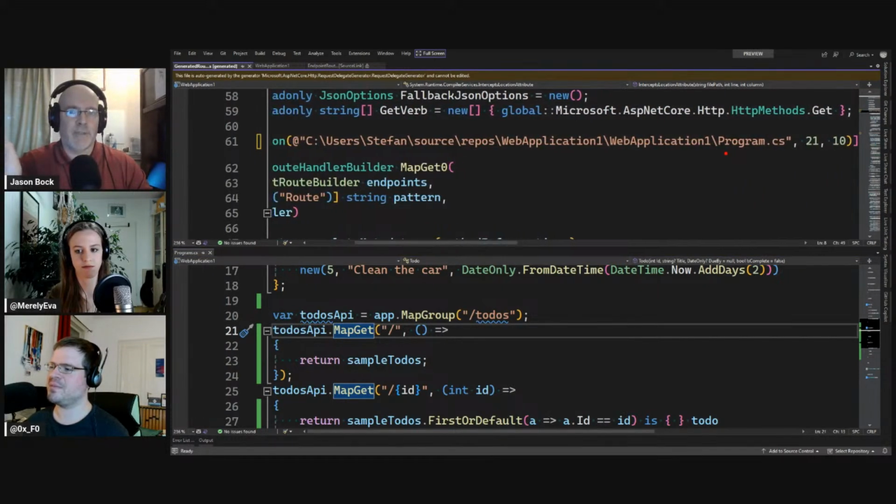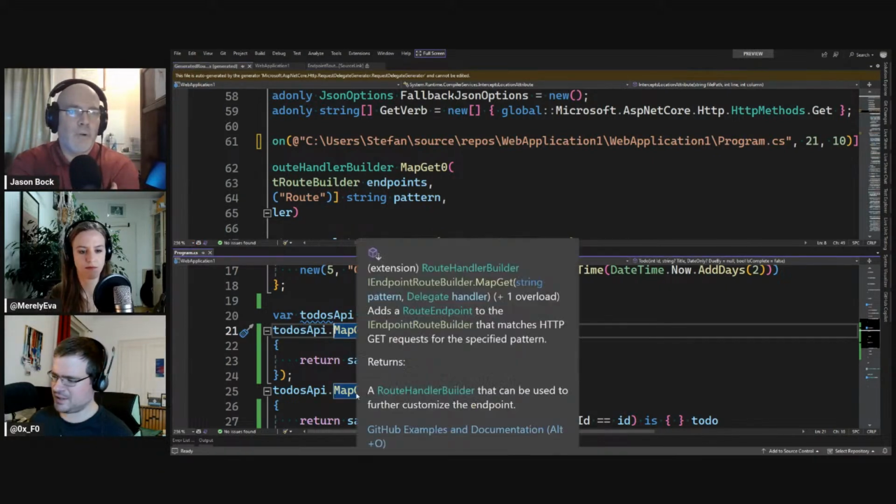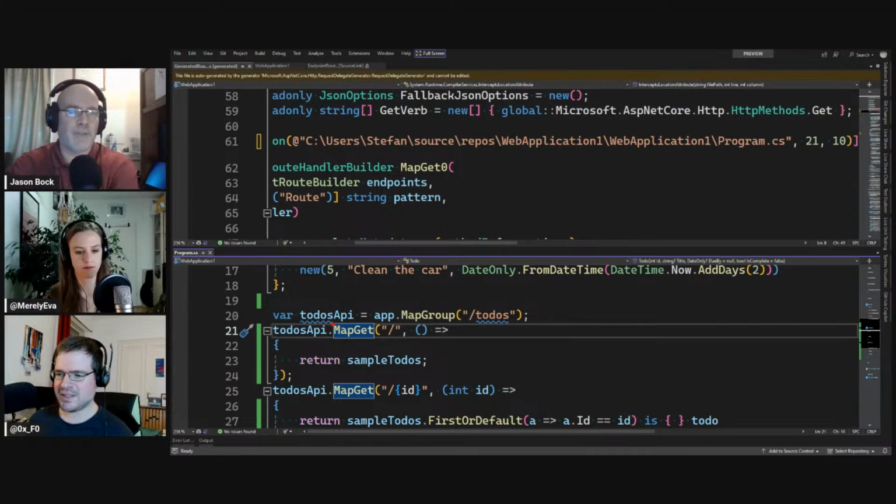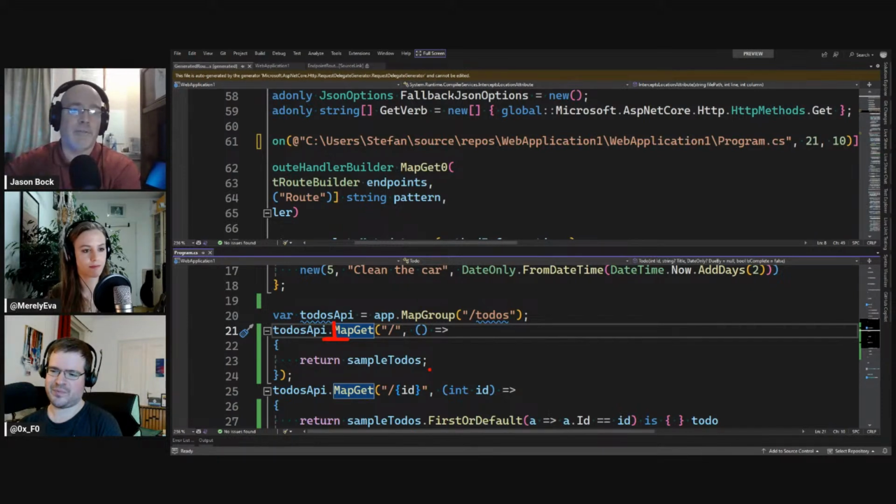And then the 21 and 10 there are basically the line and the location of that invocation. So what this feature essentially does is, if you have that intercepts location attribute specifying a location in a file, then when that gets called on the bottom there, it's really going to call your interception in the other file.